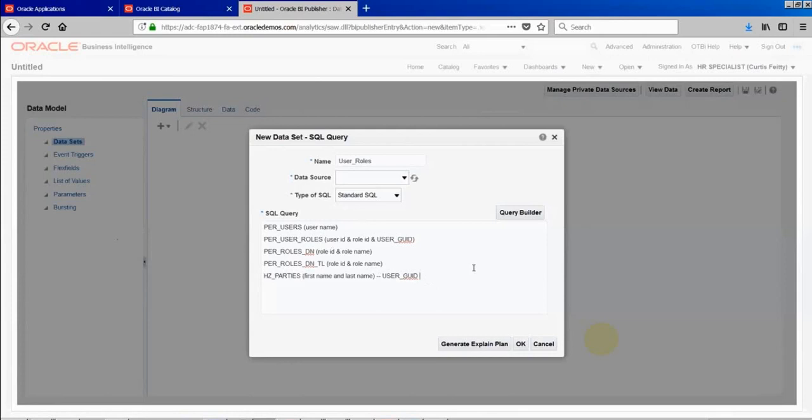So now we can write the query, right? Before writing the query, we understand the functionality of what needs to be done. If anyone has any question, just ask me if you can't understand the foundation. So we have defined the functionality. Now, before writing the query, we have to identify our data source. Where will these tables be available? Data source is nothing but a schema. You can think of it like that. With the schema, these tables will be available. Most of these are PER tables, where PER means person, something like that.